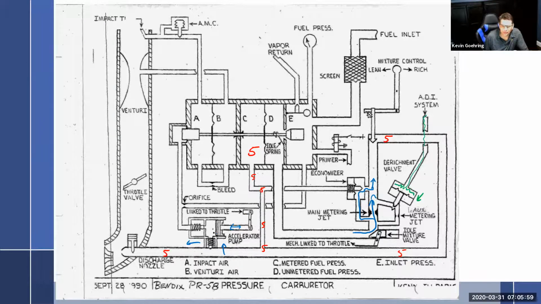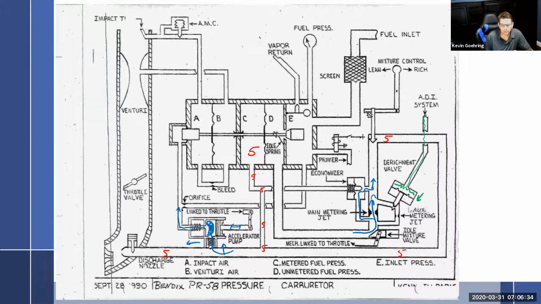So now this means fuel has to go in the accelerator pump, because we learned this with Marvel-Schebler. There's a pump and it sucks fuel in. So that means it's going to suck fuel up. It can only suck it in through this way. I can't tell you how many people tell me, oh no, it goes the other way. No, look at the ball, it doesn't. So this fills up full of fuel when the throttle is pulled back to idle. Then when I go to accelerate, it's going to move the piston to the left and force fuel out of here, because that's the only way those two check balls could work.